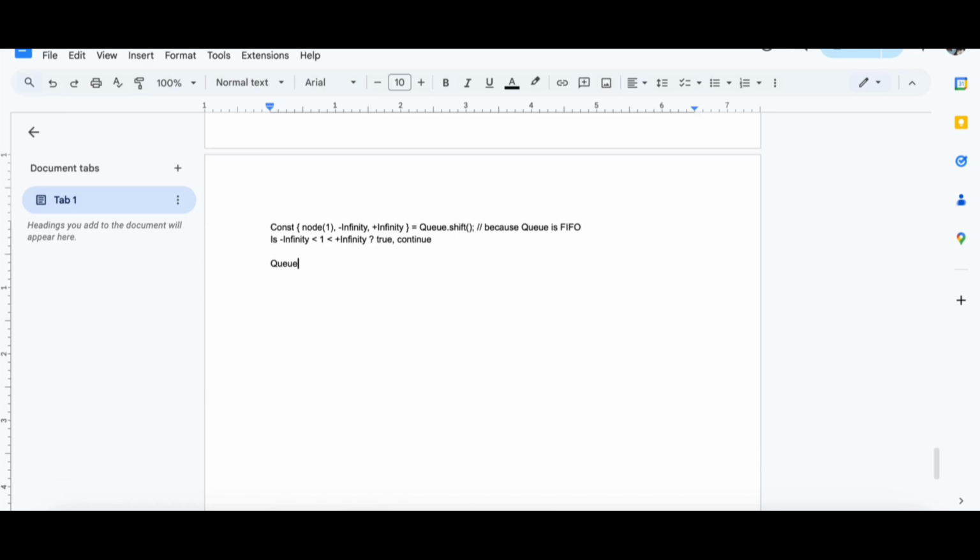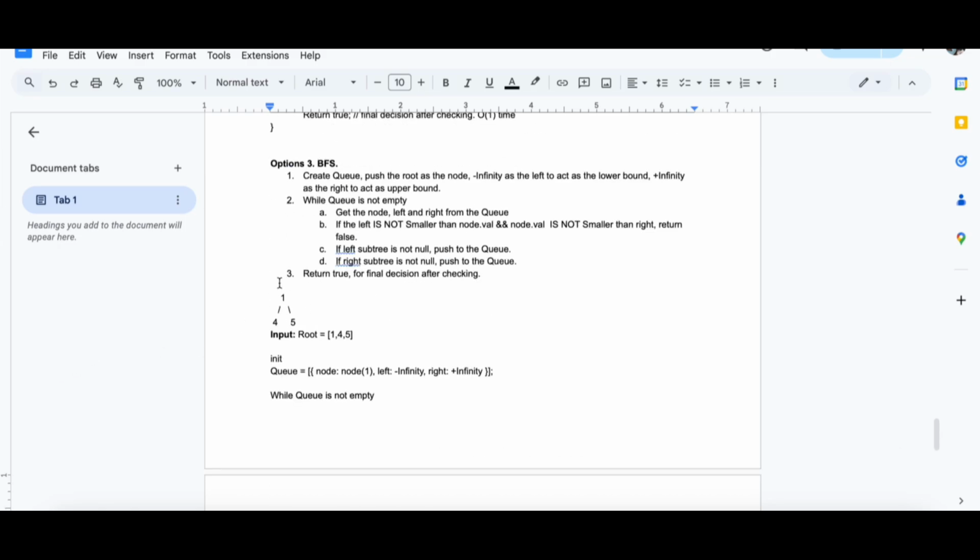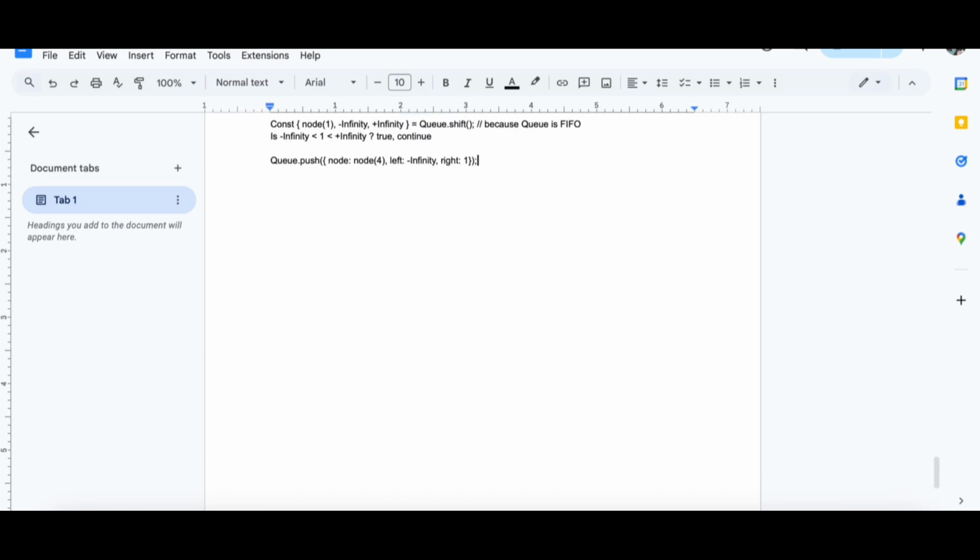It will be Q.push. The node is the left, which is node 4. Then the left bound is min infinity. The right bound is the node value, right? Yep, the right bound is the node value, which is 1. Then I will copy this.